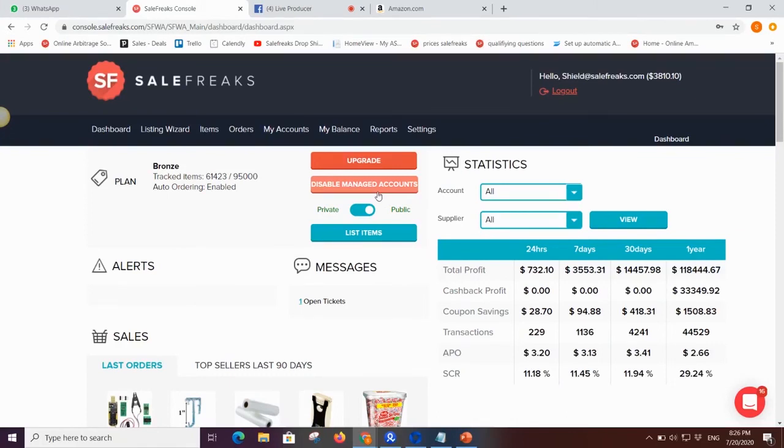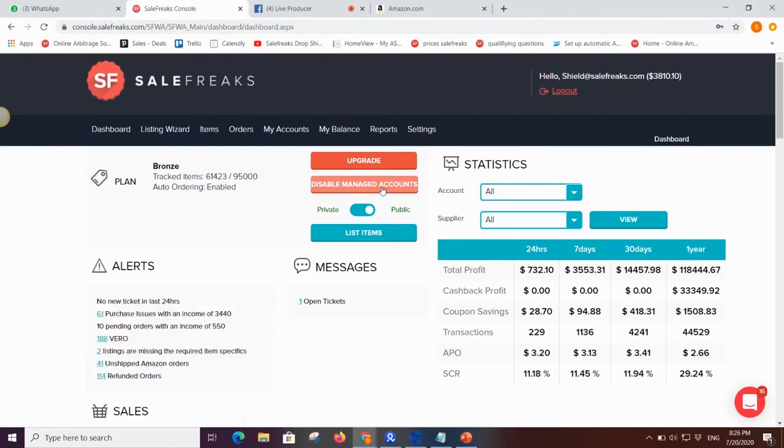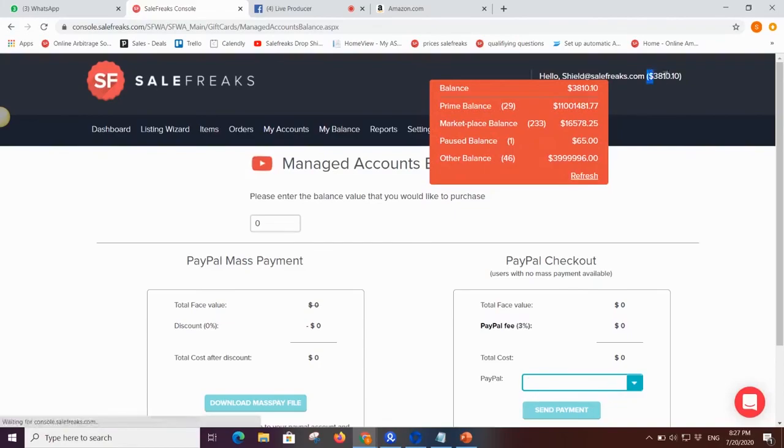As I mentioned, every slot costs between $10 and $30. And you pay $15 a month. You cover it with a single order, guys. A profit from a single order can cover your entire month's worth of fees. So you click on this, you approve the terms of service, and that's it. You're officially a member of the managed account service, and all you have left to do is load balance. So here you have my balance, and you have managed account balance. If you click on this, you see the number right here. This represents your